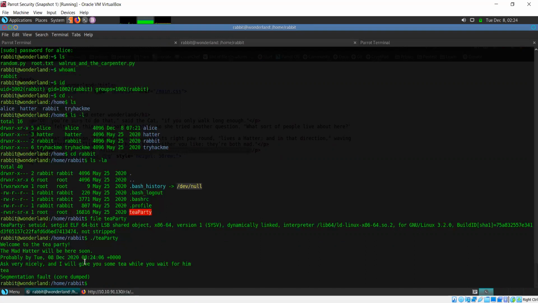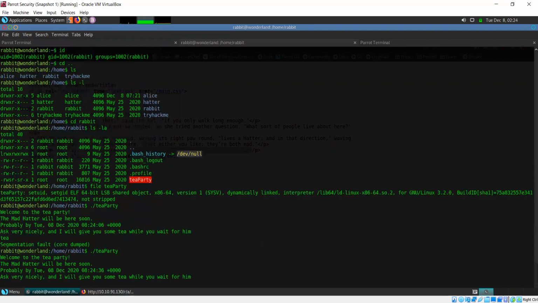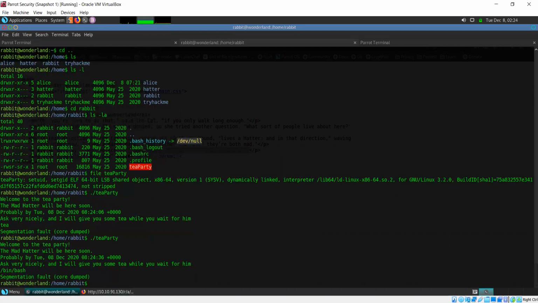Now, it says ask very nicely, but whatever you write here, it's not going to matter. It's just going to say segmentation fault, core dumped.